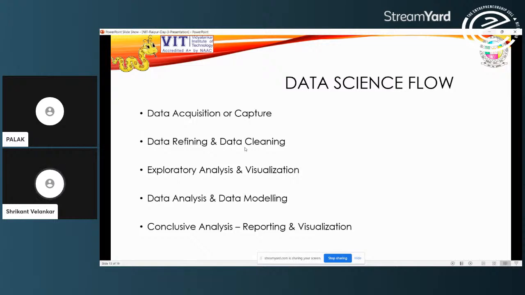Once the data pre-processing, which includes refining, cleaning, etc., is done, then exploratory analysis is carried out on the data.